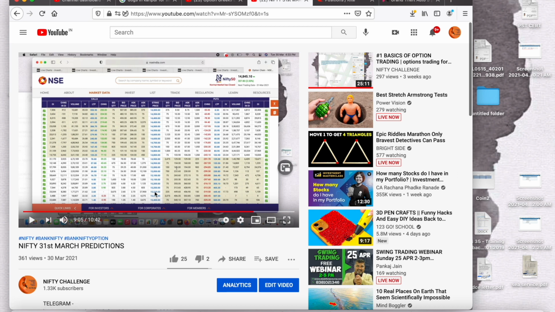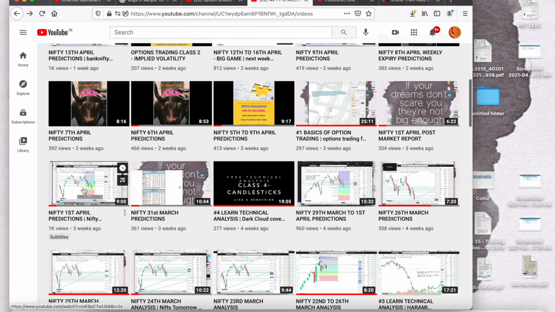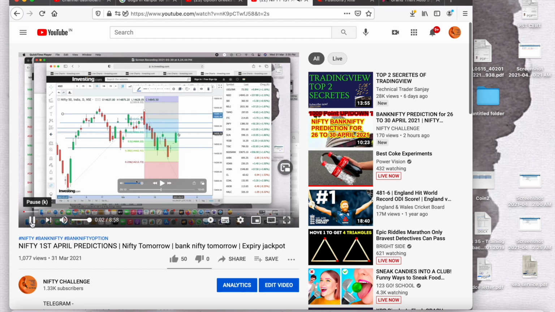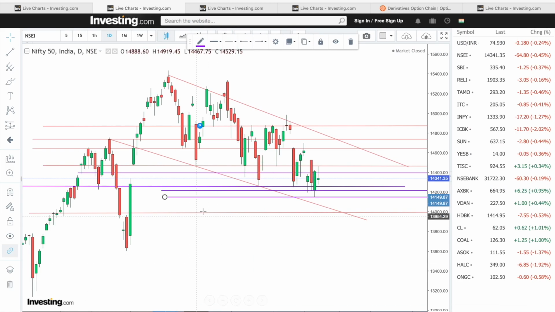So this was on 31st March. I hope you remember the values. And let's come to the next day now, on 1st April. And welcome back to Nifty Challenge. Before this, I'll just show you the charts of these days, what happened in these markets on that particular day. So this is on